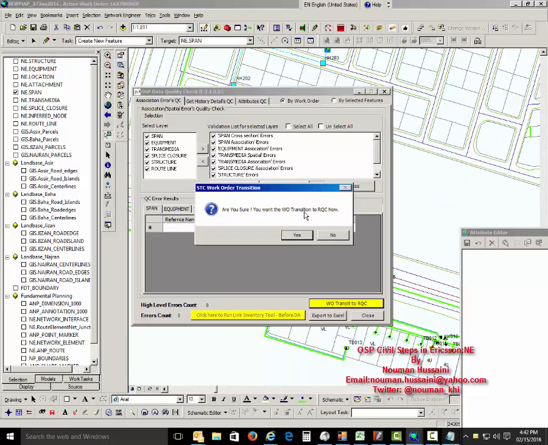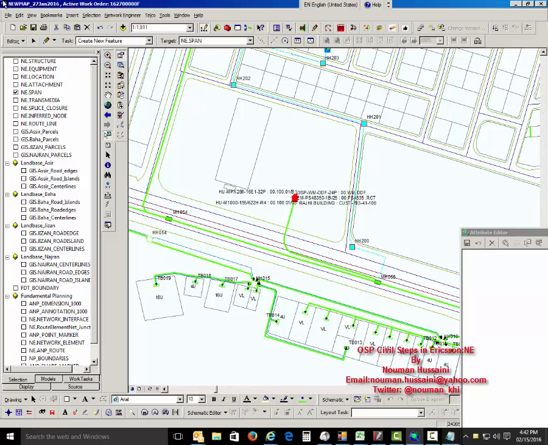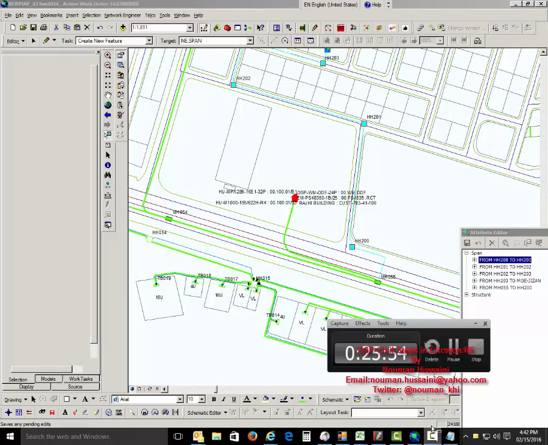See, there is no error. Okay, so that error is also gone. Okay, so these are the steps. Draw the spans and handholes. Now select all the handholes, give them user label, then select all the spans, give them user label by the OSP toolbar button, then make the span views or cross section, then select all the handholes, give them user label and structure ID, then same,